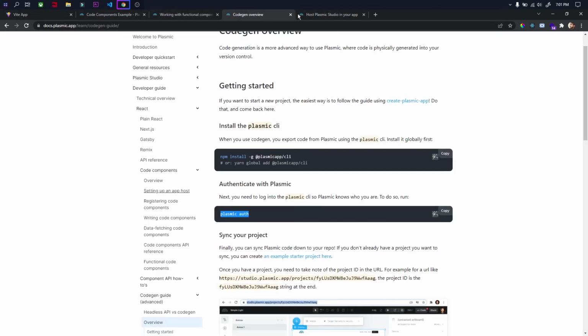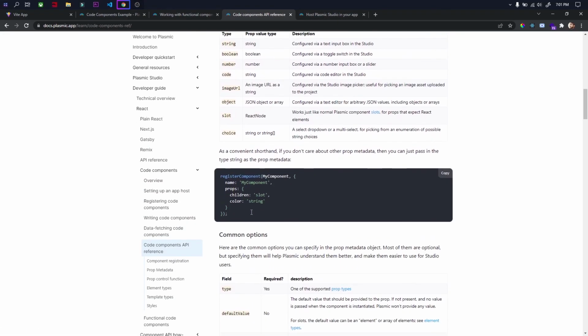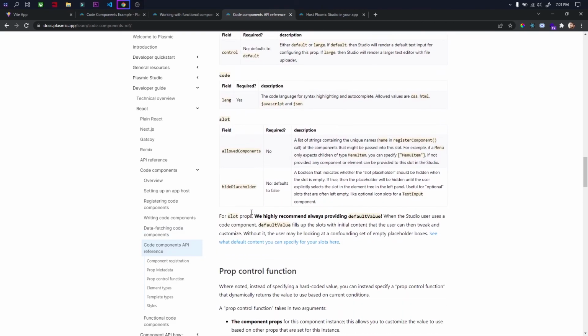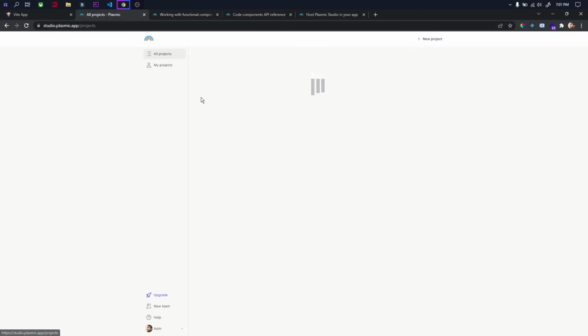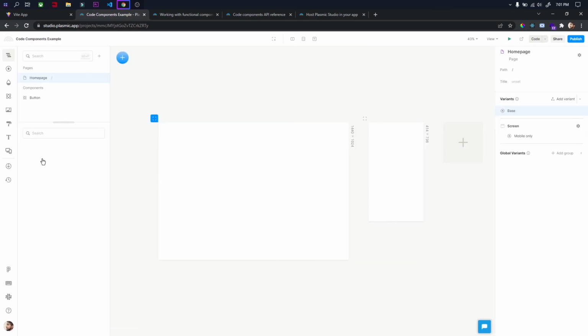Alright, cool. So we have now learned the basics of code component registration. If you want to dig deeper into the code components API, then head over to the docs and you will see the code components API. It has a bunch of properties and a lot of stuff. If you go back to the project, you can actually provide custom UI for your prop. And if you go to the scrolling animation,